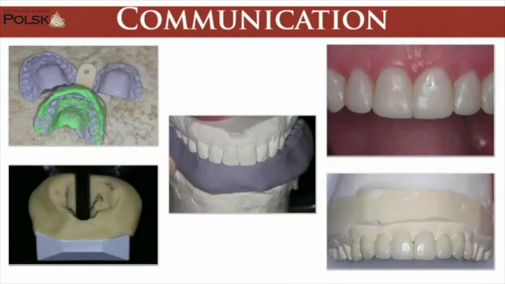Now our provisionals will then become the primary vehicle that will allow us to communicate these changes with our laboratory technician. Jednocześnie uzupełnienia tymczasowe są dla nas środkiem do przekazania tych planowanych zmian do pracowni protetycznej. So once we have verified our functional, aesthetic, and phonetic success in the provisionals, we will take impressions of these, we will face-bow mount them on the articulator, and our laboratory technician then can create stents to duplicate the position